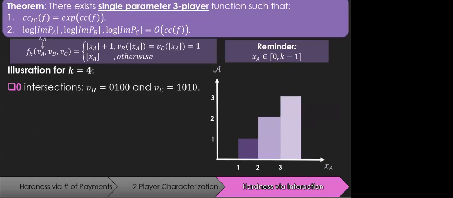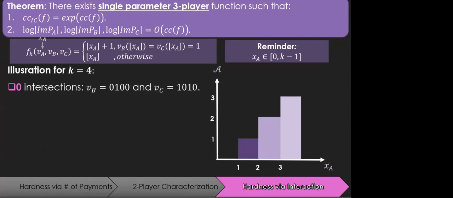For the illustration, we're going to expect the function where we fix k to be equal to 4. And we consider the following graph, which we call an allocation graph. Each value of Bob and Charlie fixes such a graph. And let's look at the case where the values of Bob and Charlie do not intersect at all. And note that the x-axis of this graph is the private information of Alice, and the y-axis is the alternative